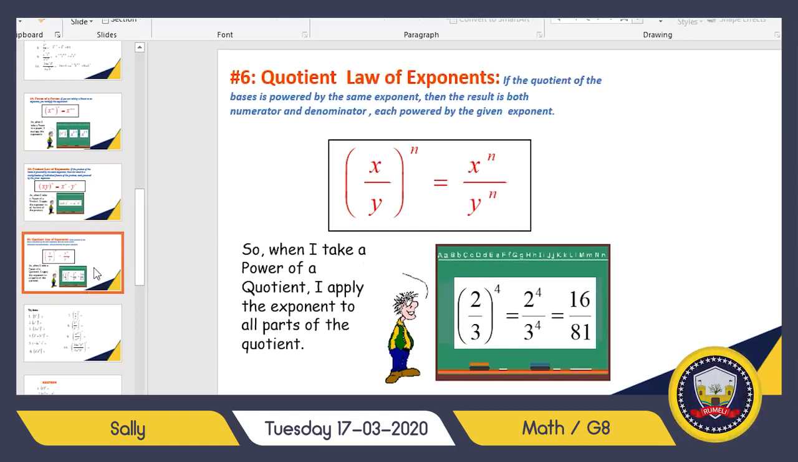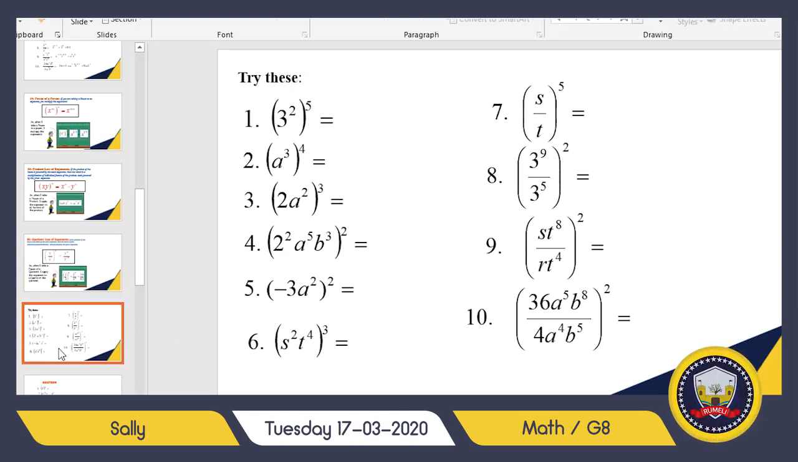Our new law today: if we have a fraction x over y all to the power of n, we also distribute the n, or the power, over x and over y. For example, if I have 2 over 3 all to the power of 4, I will just distribute the power 4 over 2 and over 3. So the answer will be 2 power 4 over 3 power 4. Let's take some examples in order to clarify more